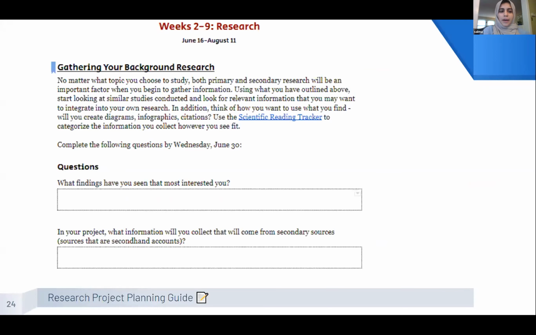Most of your PIs should give you starting papers, so it will at least give you a good intro, but then you should certainly continue to look for more and share them with your PI as you find them. So we have what findings have you seen that interested you, and then what information will you collect, etc. Again, this is just to help you, but also so that we can keep track of